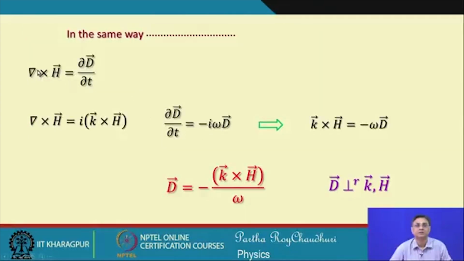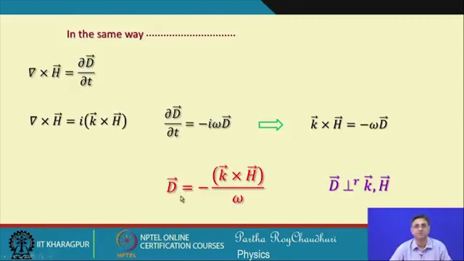we will follow in the same way: del cross H equal to del D del t, where del cross H will give you i k cross H in the same way, and for the right hand side, del D del t will give you minus i omega D. So, if you put these two things together, then you can write k cross H is equal to minus omega D. So, this is again a relationship which tells you about the direction of k, H and D, and you can see that D can be written in this form, which is again a very useful property,